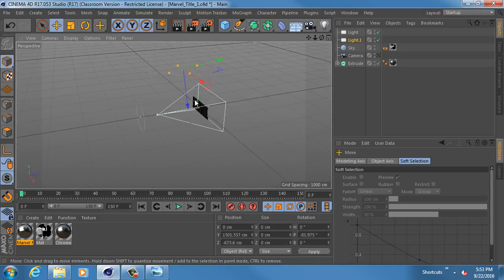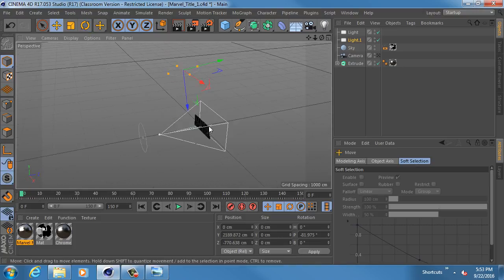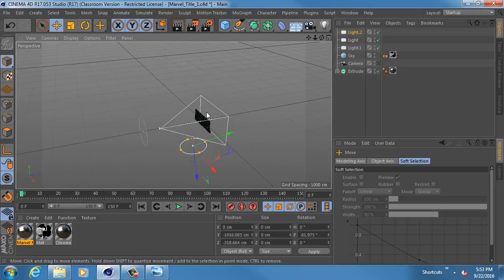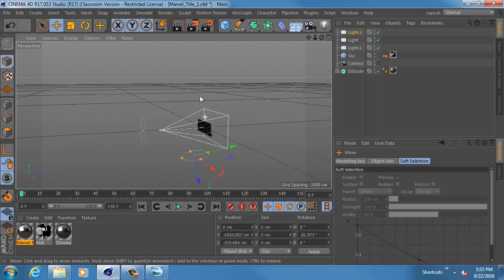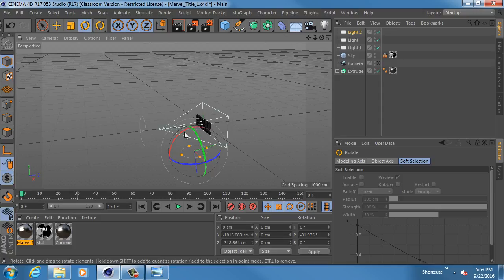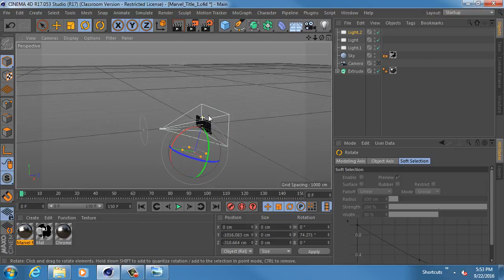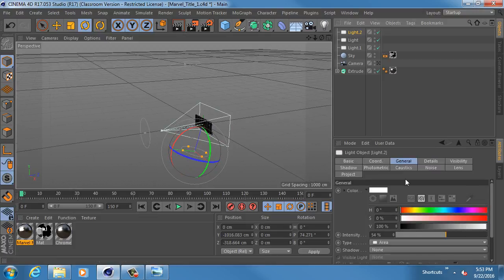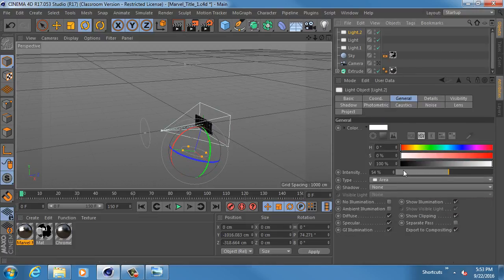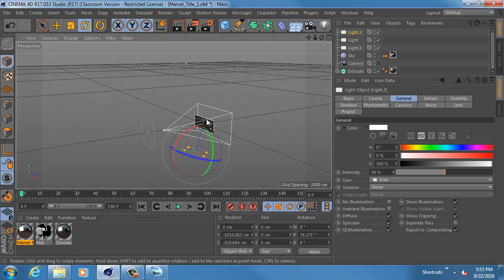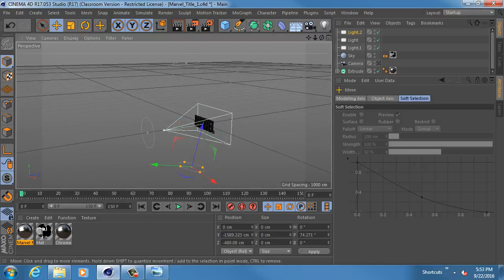And again, I'm using my hotkey. I'm holding Control when I drag one of these arrows to duplicate my lights. So I'm gonna add one above and one below. And these lights, the strength on them isn't all the way up. I've actually lowered the intensity of my lights down just a little bit, maybe to half power, because again, I'm